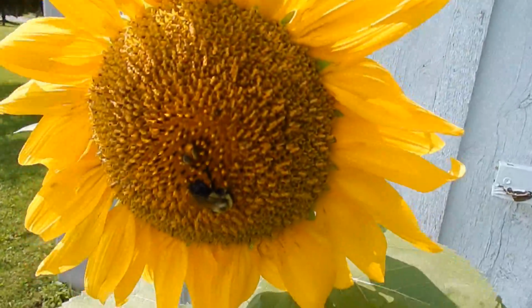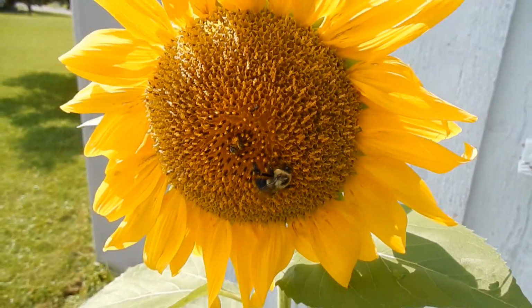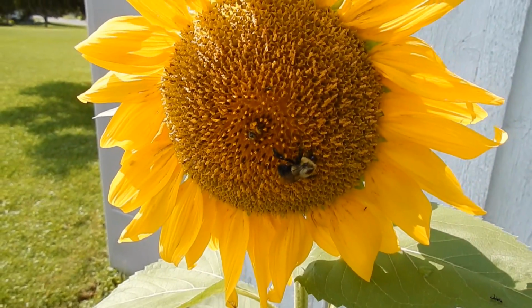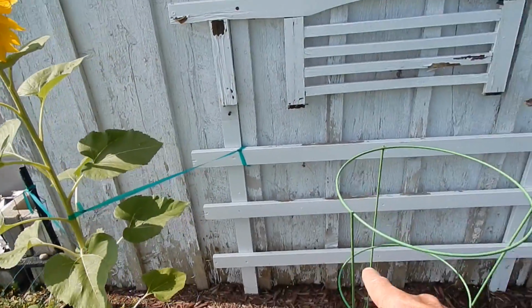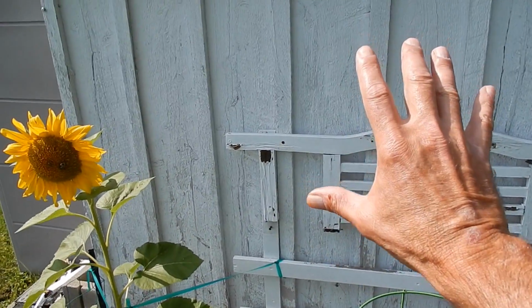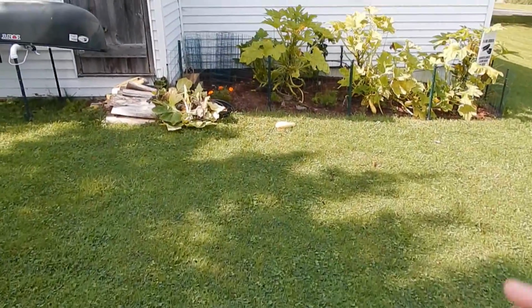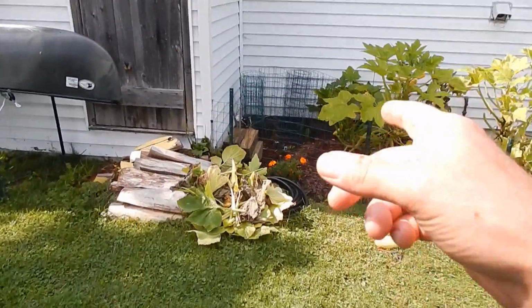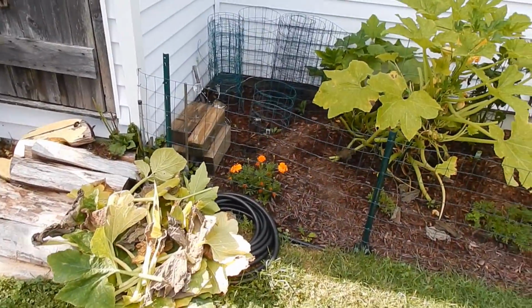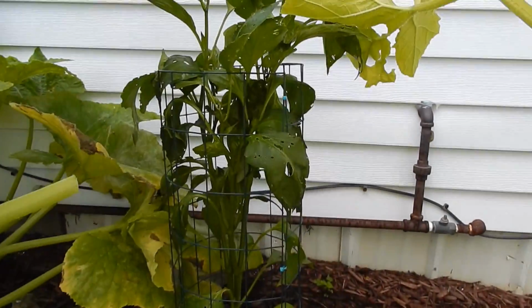I'm also growing a sunflower because I wanted to get the seeds. The birds actually brought this, so I'm going to collect the seeds this year, and then right along the shed I'm going to have a series of these flowers growing, and then I can just tie them back to the shed. And over here will be my squash, and then my tomatoes. I'll have 1 tomato planted in the corner and then another one in a bucket, because I also do patio growing. And you can see in here I got a pepper plant